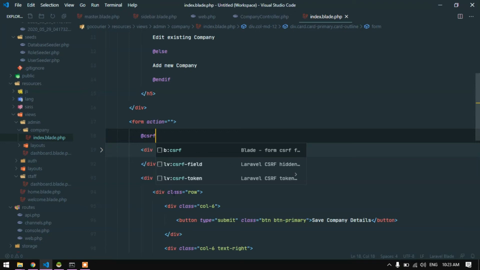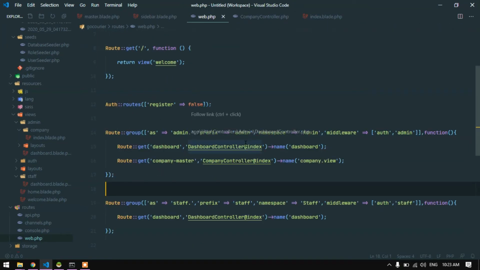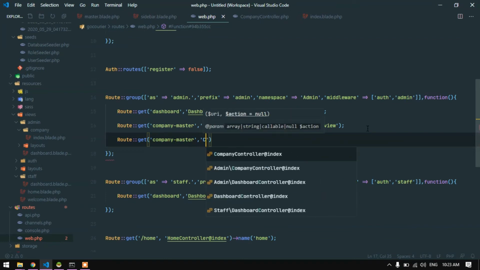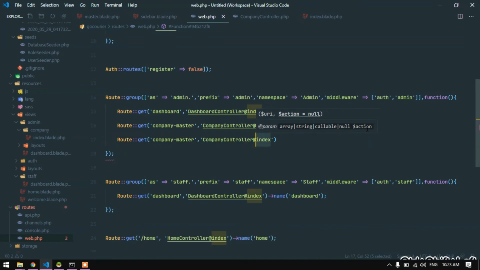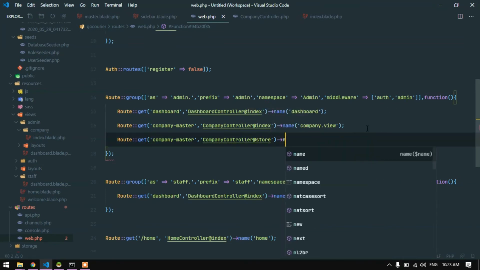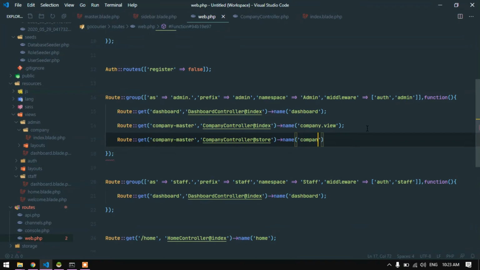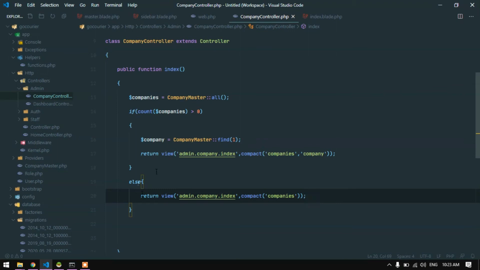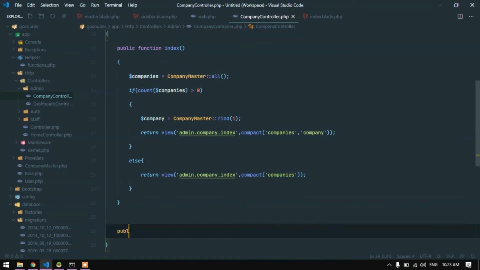So I will go to my web.php, and I will define another route over here. So route get company master, company controller @store, and I will name the route company dot store, and I will save it. Now I will go back to my company controller, and in the company controller I will create a new method for storing the data. So public function store,